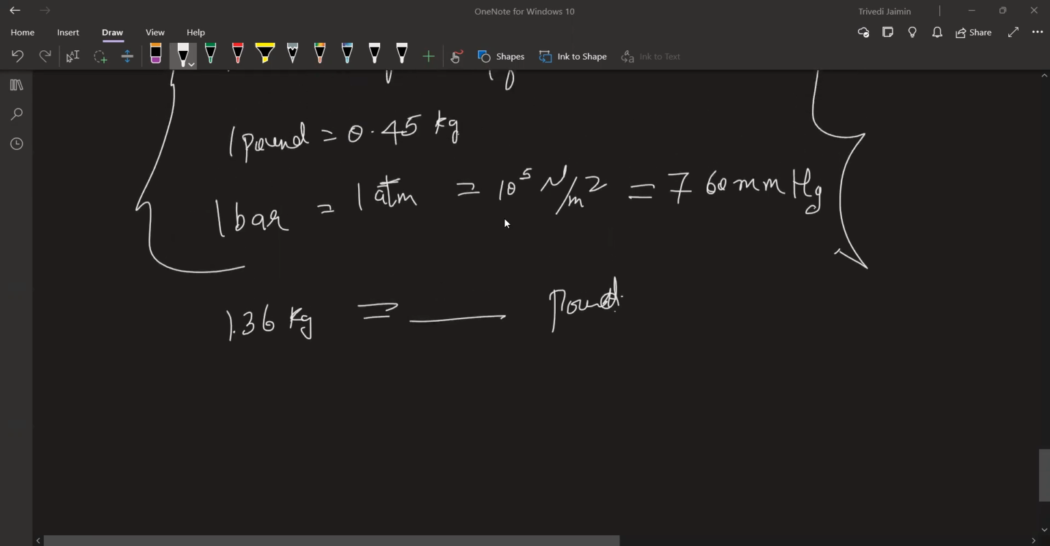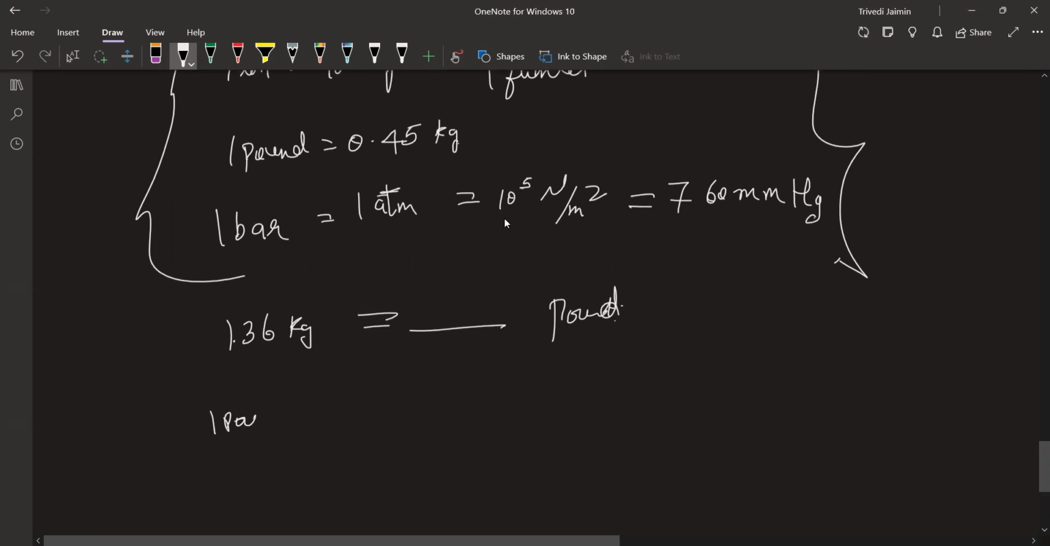See, what we have, 1 pound equals 0.45 kg. Okay, kg is less. That means 1 pound is lesser in kg. So 1 kg equals how many pounds? Convert this: 1 divided by 0.45. We have like 100 divided by 45. So like this, we have 1.36